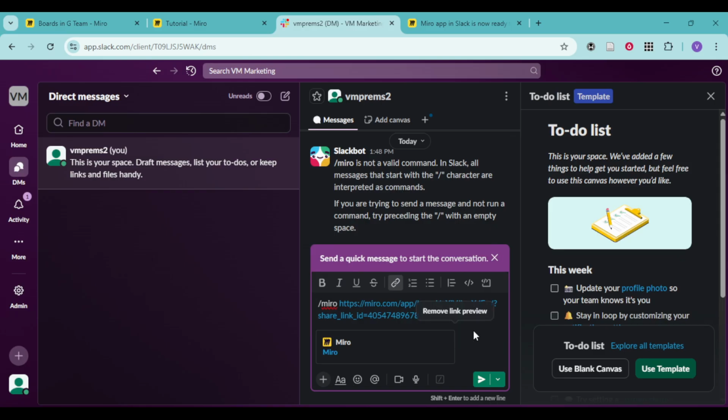That's it. Install the Miro app from the Slack app directory, connect your Miro account, share a board with Miro in Slack, or share straight from Miro using Share to Slack. Try both methods and pick the one that